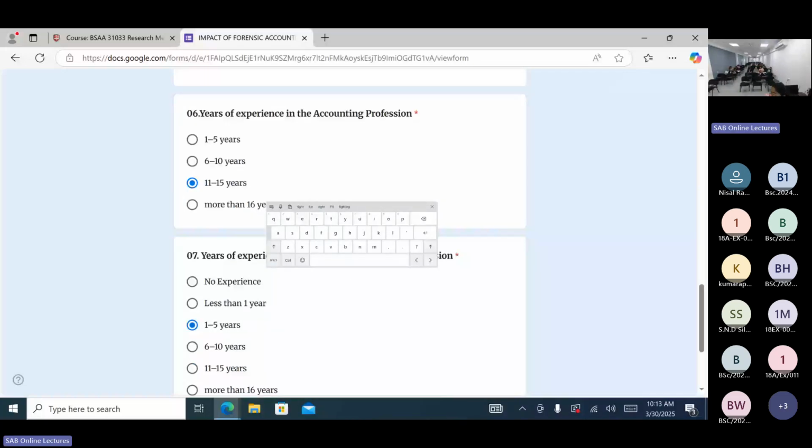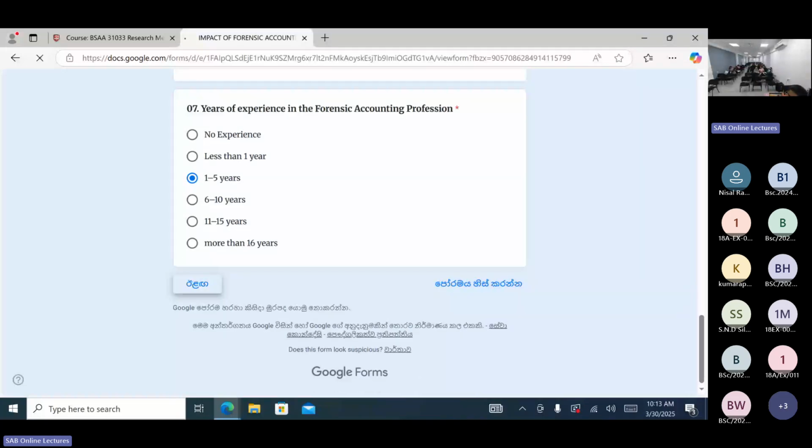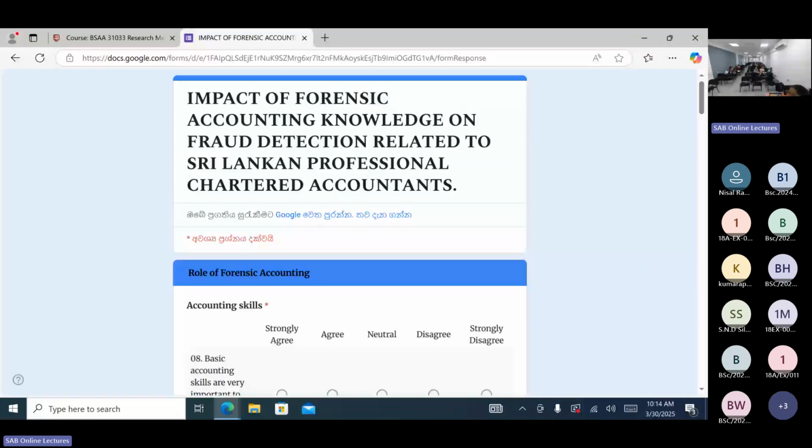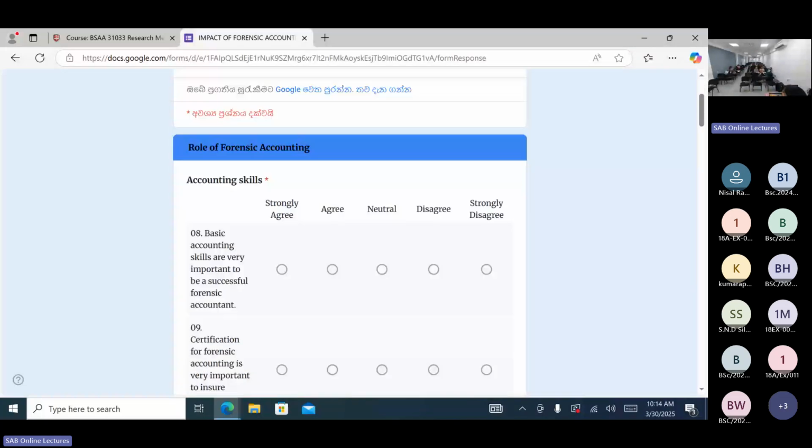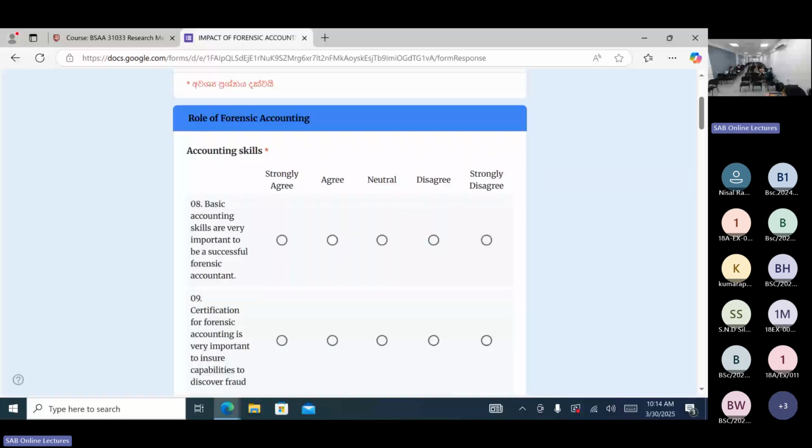Okay, so these can be identified as the questions on the right. These are very important things. These are the Likert scale questions, right? Likert scale questions. The first question regards the role of forensic